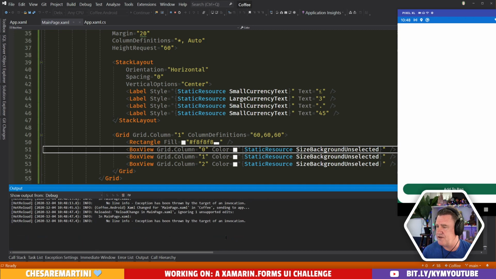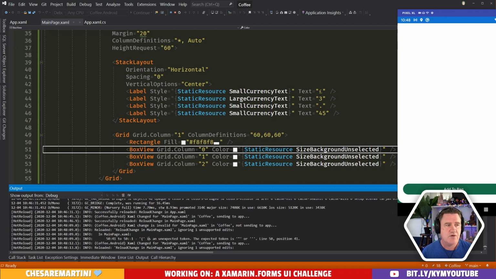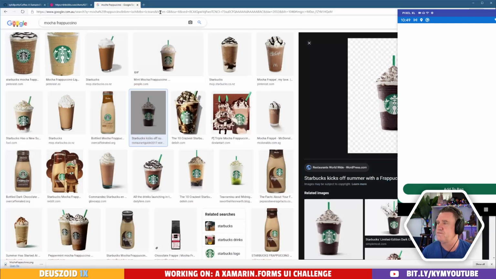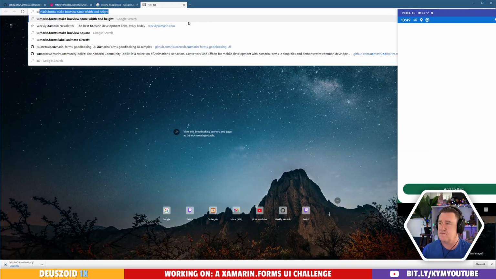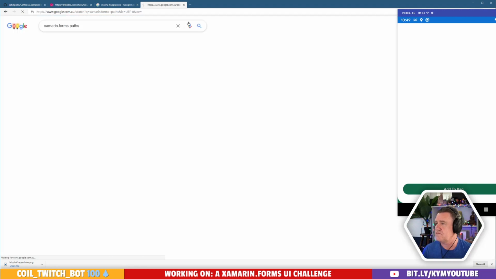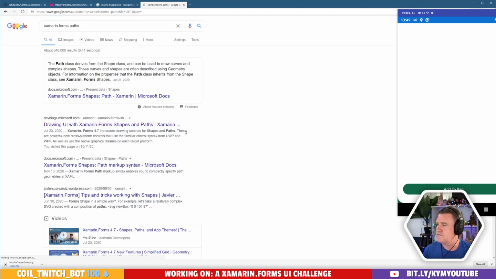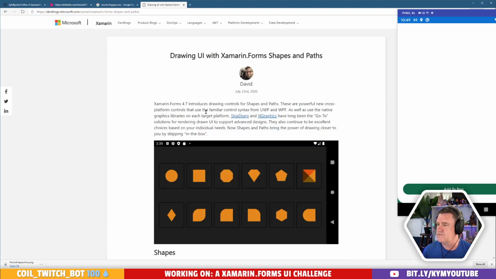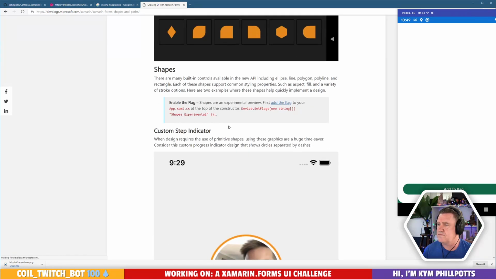I think the reason why is because we need to actually add in that experimental shapes flag. Yeah, I think we need this one here.